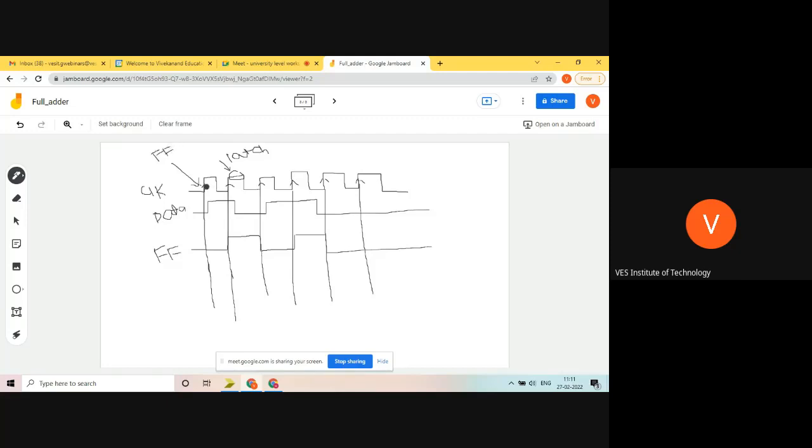Okay, now see this. At the start, there will not be any change for the latch also, but at this point it is changing. So this change will be accepted by the latch, but not by the flop. The flop is not changing, but the latch is changing. Again, it will change at this point, as this is on the positive level, and then it will go up to this point.